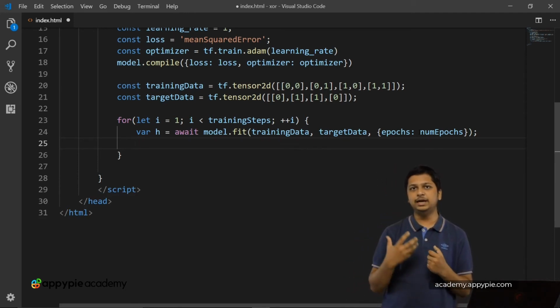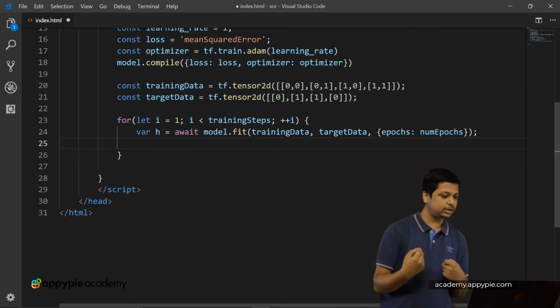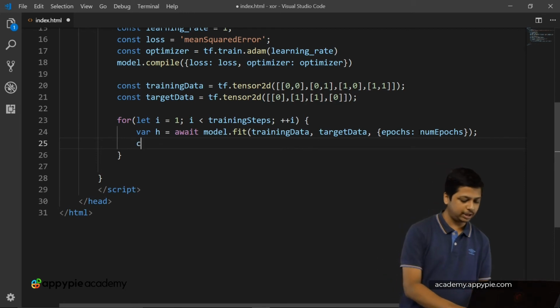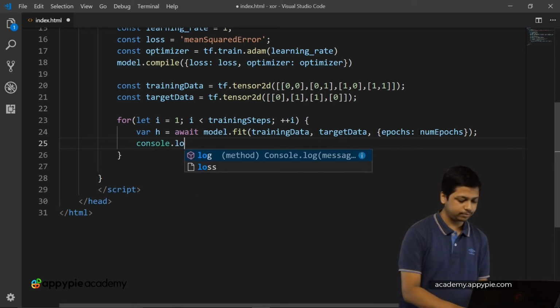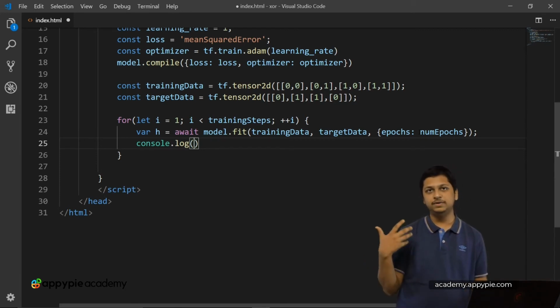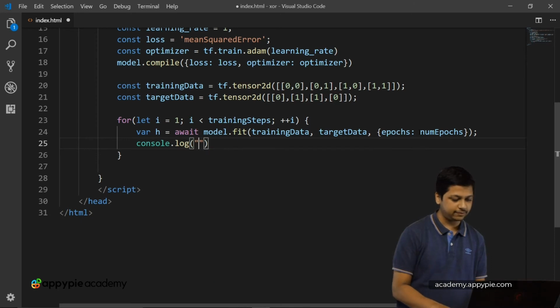Now after that we have to print out the output generated by the training of this model. To do that we have console.log, and inside console.log we tell the loss after each and every epoch. So we have "loss after epoch".